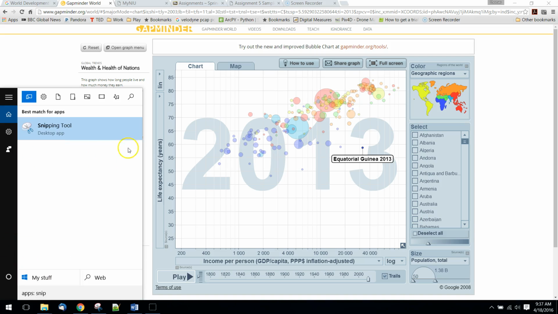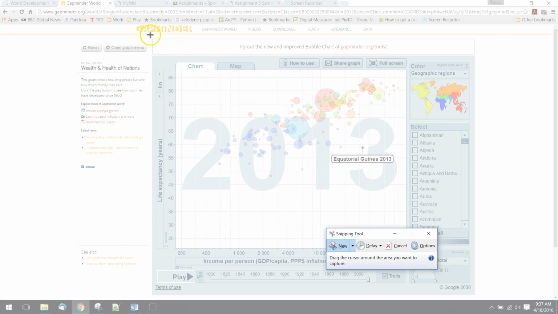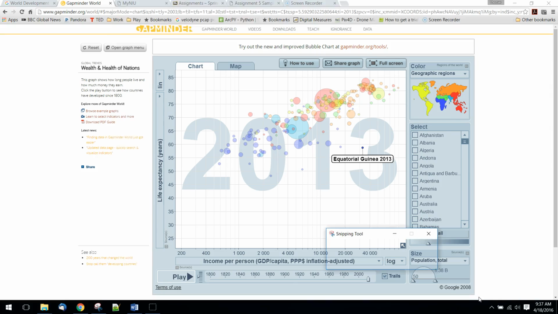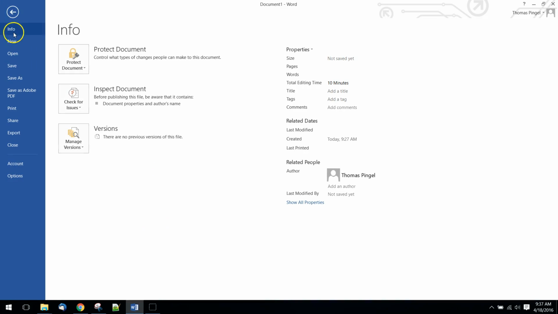So we'll search for the Snipping Tool. So it looks like this. It's got a little scissors. I use it so often, actually, that I put it on my toolbar down here. If you click on that, we can get a new plot. So I'm going to just try to get everything in here. That's going to include a legend, and it's telling me what my axes are. We've got some information here that's identifying it as coming from Google, and that's fine. So we'll copy,